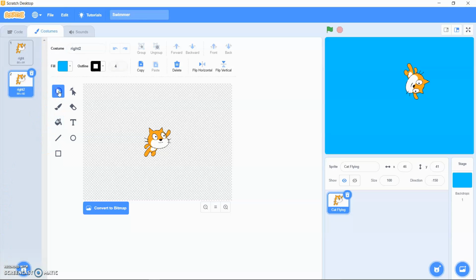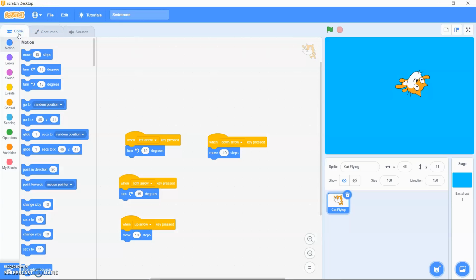So we're going to use the select tool, guys. Click on the select tool. Then you say flip horizontal. Then we're going to name this left. Left. Perfect. So your costume should look like this. So costume A is right. Costume B is left. So now we're going to click back to the code tab to return to our code